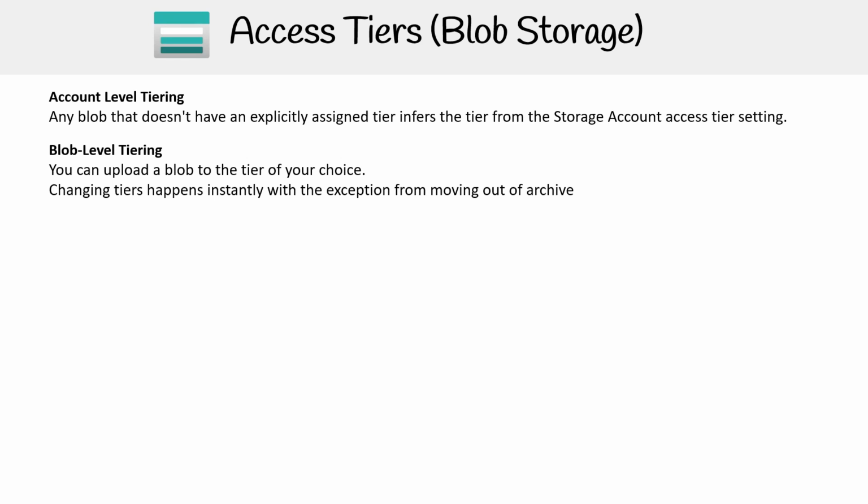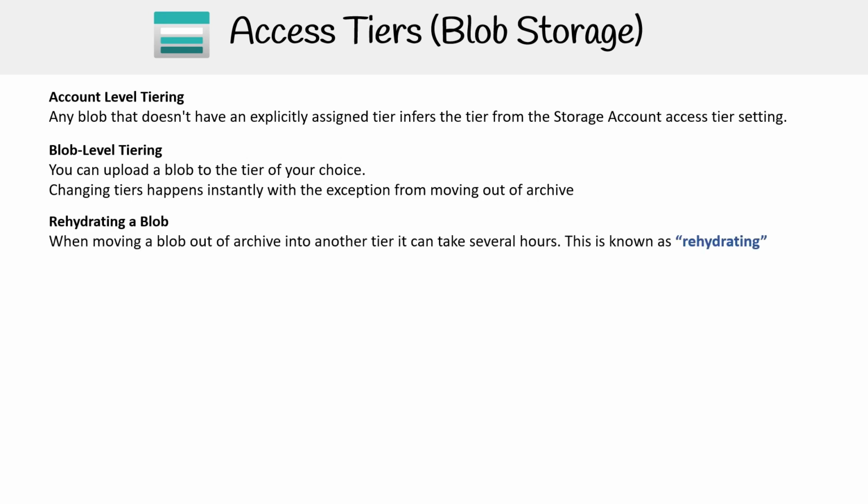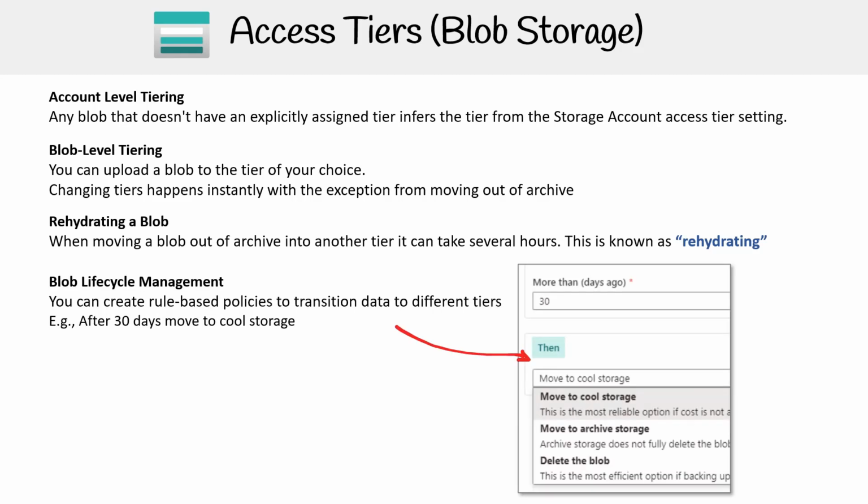Changing tiers happens instantly, with the exception of moving out of archive. Rehydrating a blob: when moving a blob out of archive into another tier, it can take several hours. This is known as rehydrating. Blob lifecycle management: here you can create rule-based policies to transition data to different tiers, such as after 30 days,